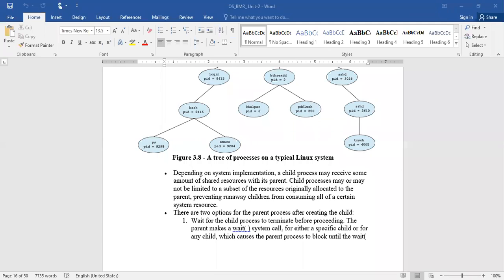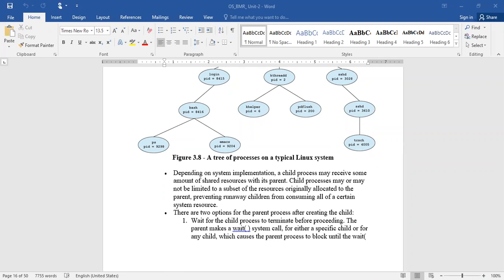That can be implemented with the help of a system call called wait. Or another case is without waiting for the child. The child was created and has started its execution; leave it, and the parent process will in parallel execute its own task. So that is another approach.